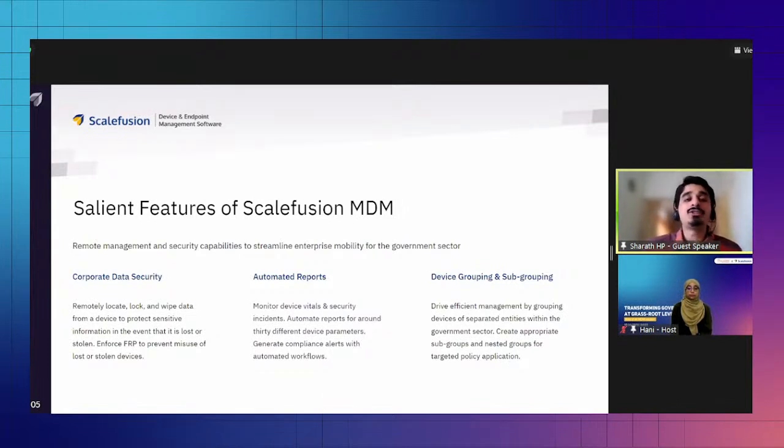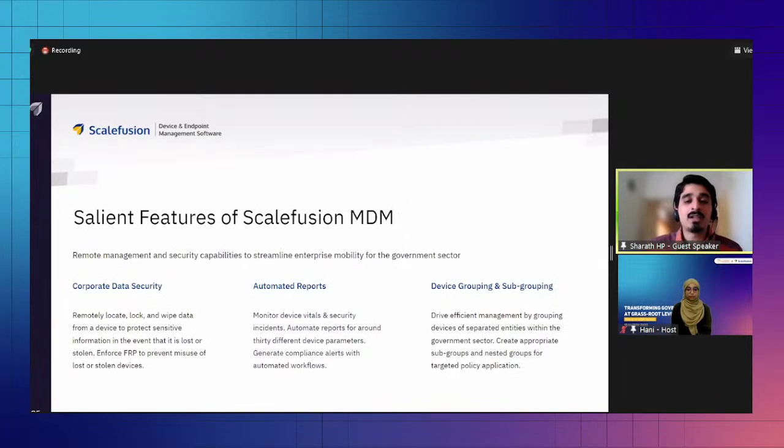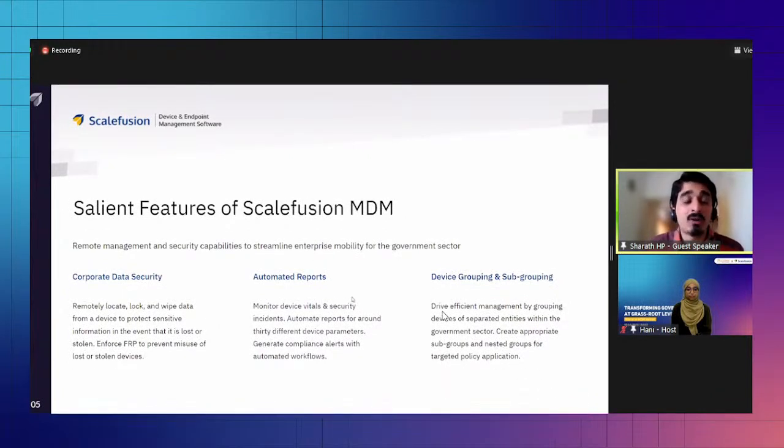To also prevent misuse of the devices, which is a major problem seen in the government sector, since the number of devices is large, we need to ensure the devices are not sold into the open market. We can enforce policy in such a way that, without certain credentials, the device cannot be misused, by blocking the factory reset option, or by blocking the hard